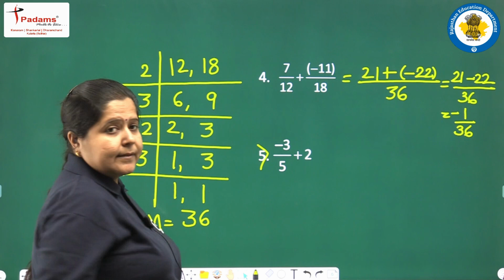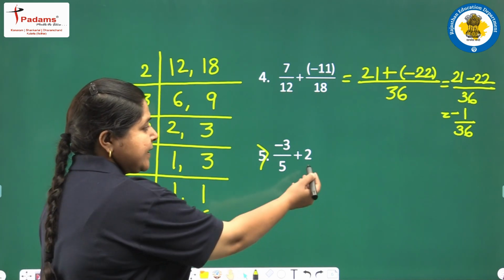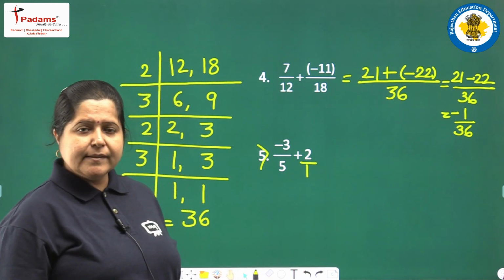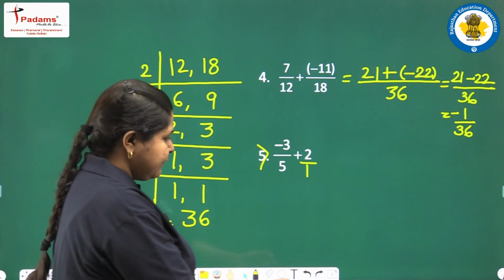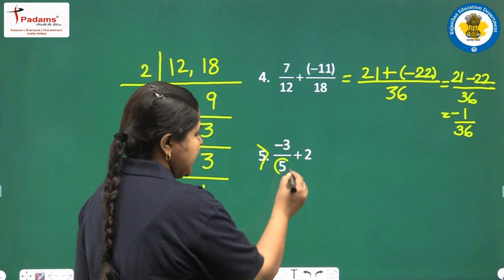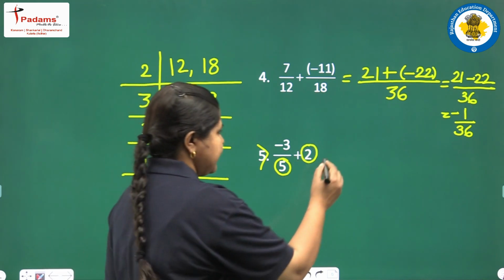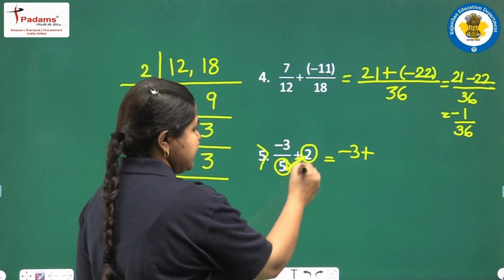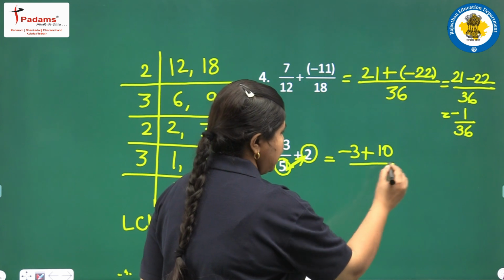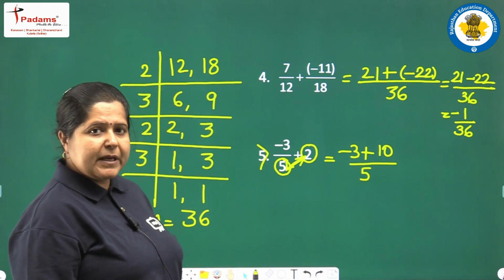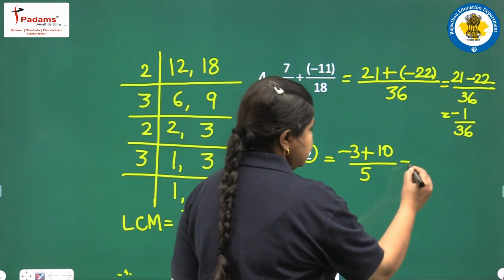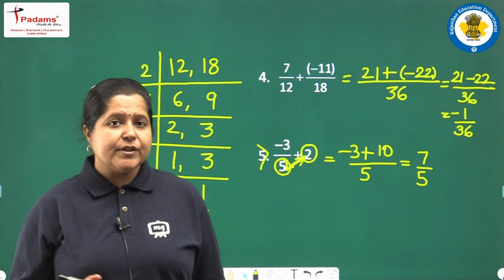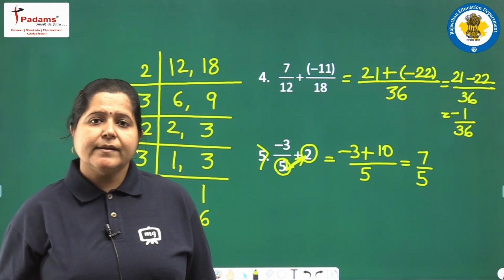This is another case. Here you can see there is no denominator in 2. So either we can add it by placing 1 in the denominator and taking 5 as the LCM, or one more method is just multiply 5 and 2 and simplify. Minus 3 plus multiply both these numbers, 5 2s are 10 upon 5. In denominator it will remain 5 as it is. It gives me 7 upon 5. Is it clear?